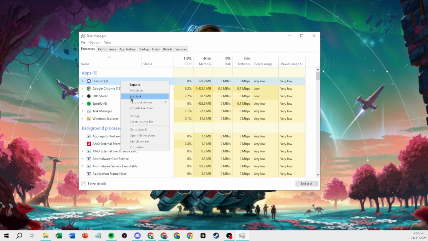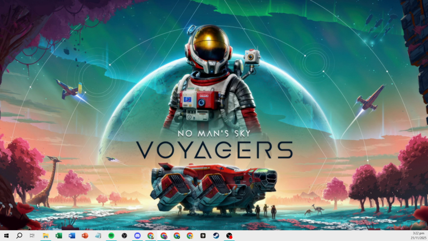Once the Task Manager is open, navigate to the Processes tab. Here, you'll want to look for any running Discord processes. These can sometimes be the troublemakers holding up your update. Find these processes in the list and click End Task. Doing this stops any unnecessary Discord-related activities that could interfere with the update process.